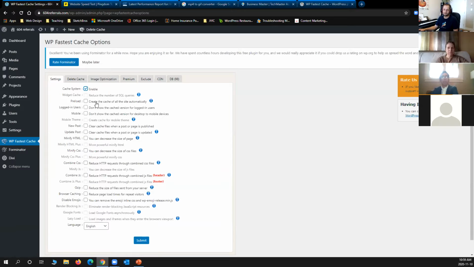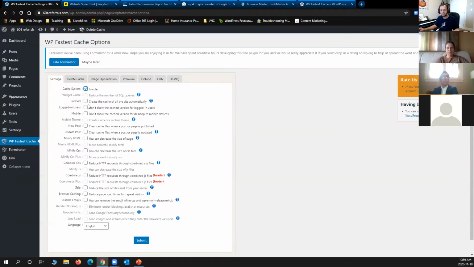Preloads. What are preloads? It means that your server, this software, acts as a human being and goes and crawls through all of your content and makes sure that all of your content loads at least once, so your caching is complete. So when a user wants to come and see your website, and that user is the first person to see your website after you created your cache, they instantly see the fast cached version. So that's preload. That's always a good idea to turn it on.